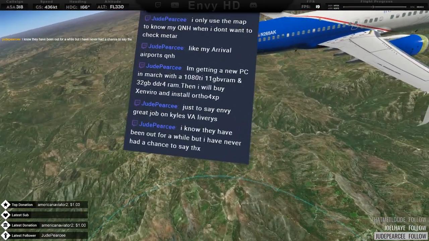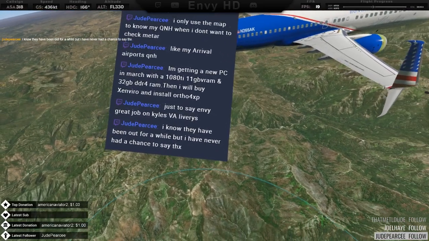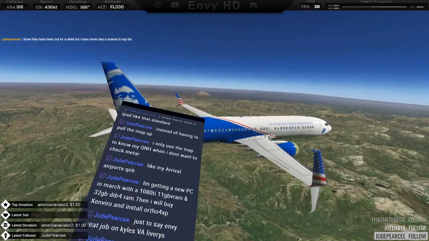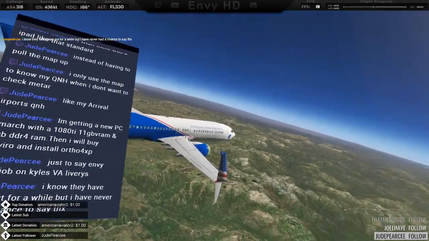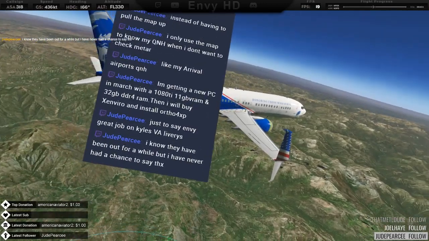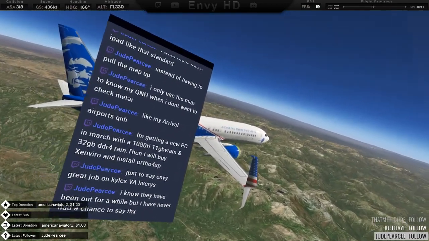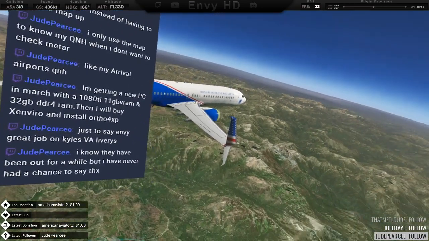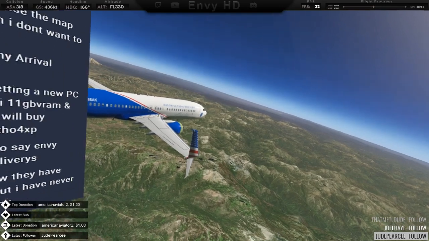Just to say, Envy, great job on Kyle's VA liveries. Oh, thank you very much. I'm actually finishing up the E175 right now, the SSG one. That one took forever because the belly of that plane is so hard. So that one's gonna be coming out probably tomorrow. I'm gonna be releasing it, posting that on his Discord, and then I'm also gonna be working on